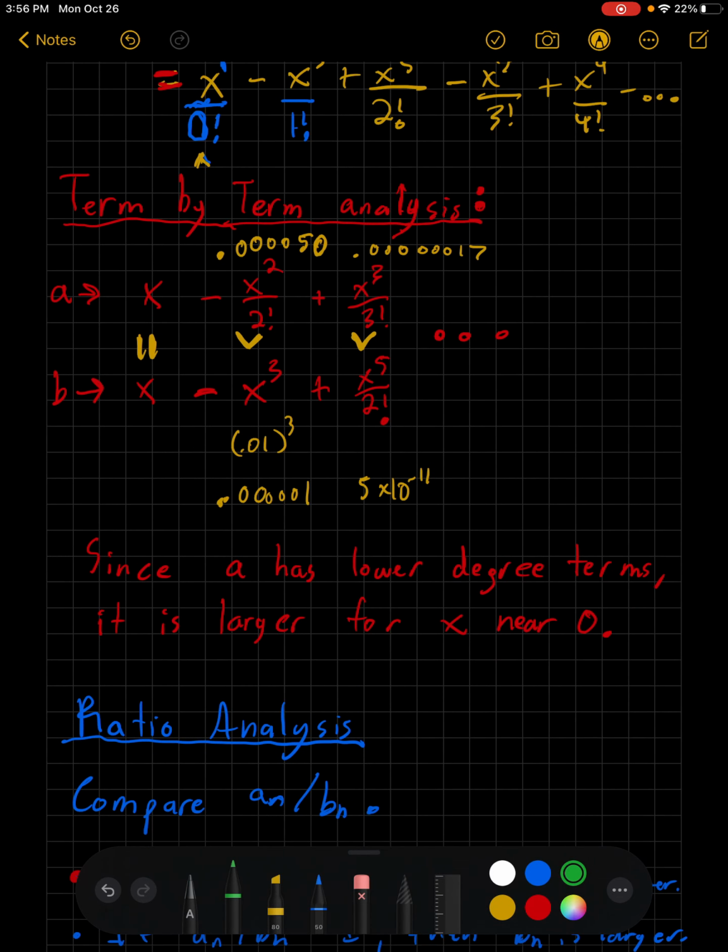So let's look at our term-by-term analysis. It is true that 0.00050 is more than 0.0001. That is true. However, notice we are subtracting things. And so since a has lower degree terms, it is larger for x near 0. So we should modify this to say that since a sub n, the absolute value of it, has lower degree terms, it is larger for x near 0. However,